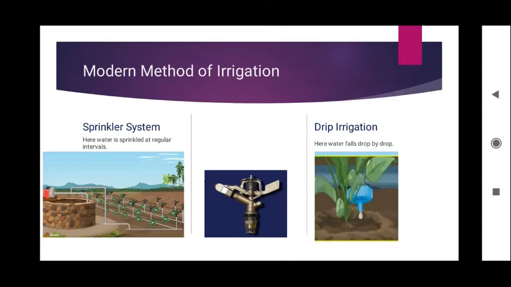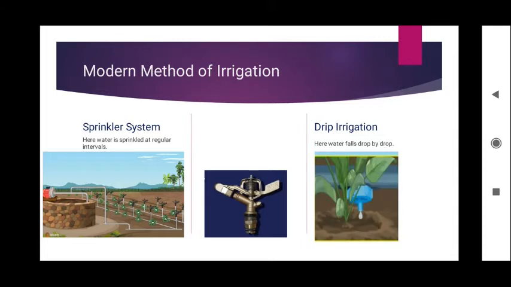Perpendicular pipes having rotating nozzles on the top are joined to the main pipeline at regular intervals. When the water is allowed to flow through the main pipe under the high pressure of the pump, it escapes from the rotating nozzles and gets sprinkled on the crops as if it is raining. It is mostly used in lawns, coffee plantations, and several other crop plantations. Best of all, you can see this type of system in parks.